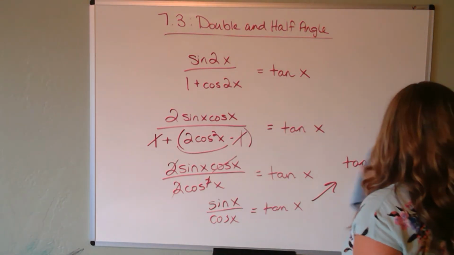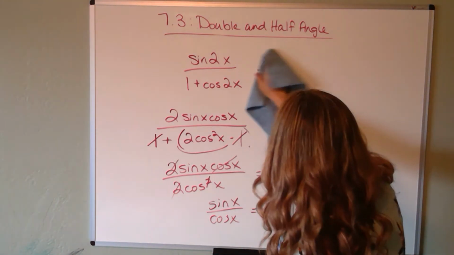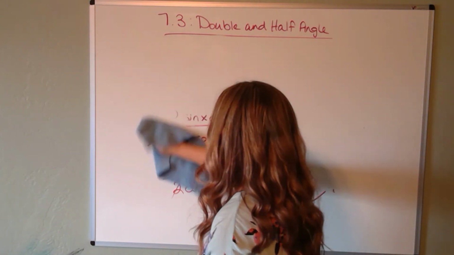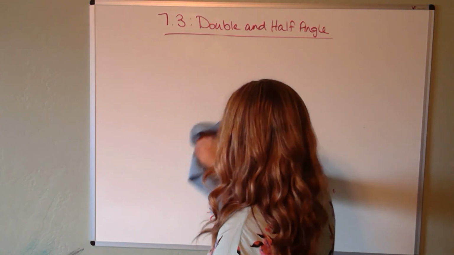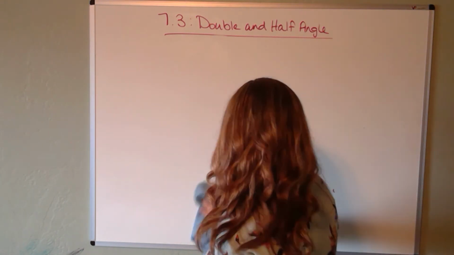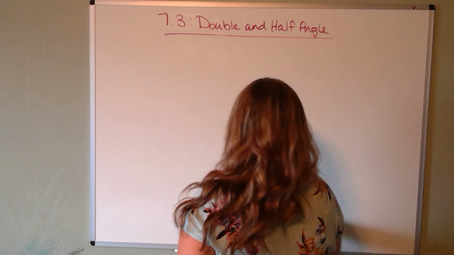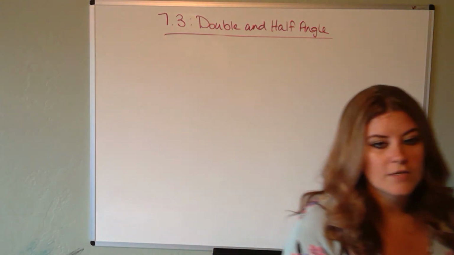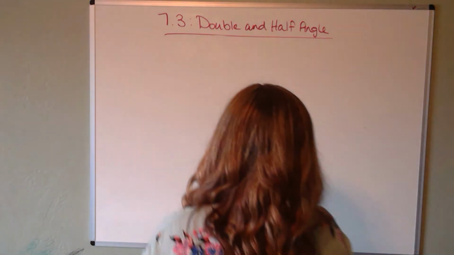Okay, so let's talk half angle identities. You don't have to prove any identities using these half angle formulas, which is good because they're kind of weird. They're a little more complicated. Definitely not my favorite set of identities. But you do have to answer or solve some problems using the half angle. So I'm going to start by giving you the half angle identities. So I've got,